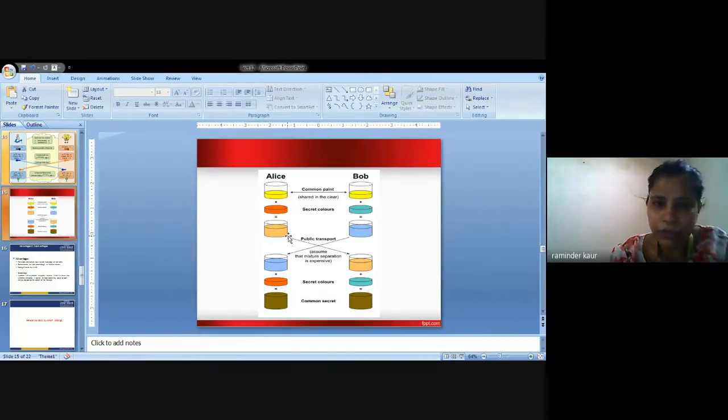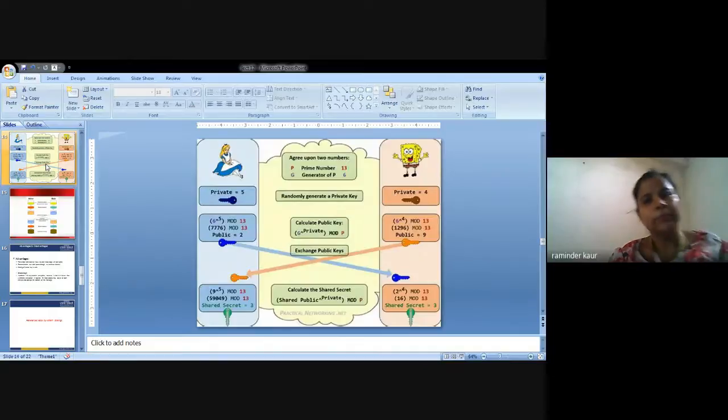If we perform addition on this, we generate a light brown color, and again we generate a sky blue color, and then the public values are exchanged. Assume that mixture separation is expensive, so the secret colors get added, and here this one is added, so the common secret is deduced. Have a look at the picture and at this algorithm. I am giving you 2 minutes, just have a look.